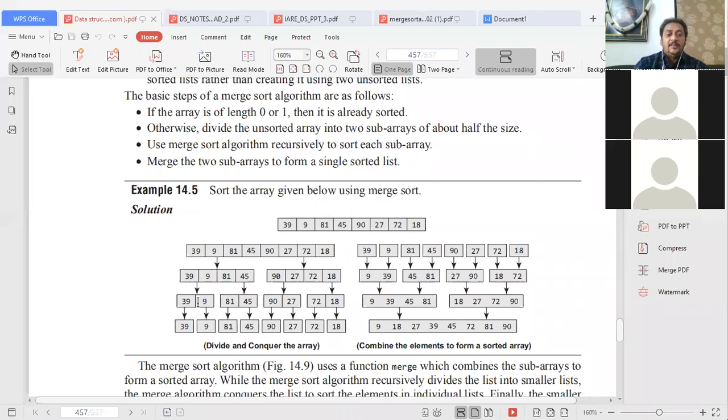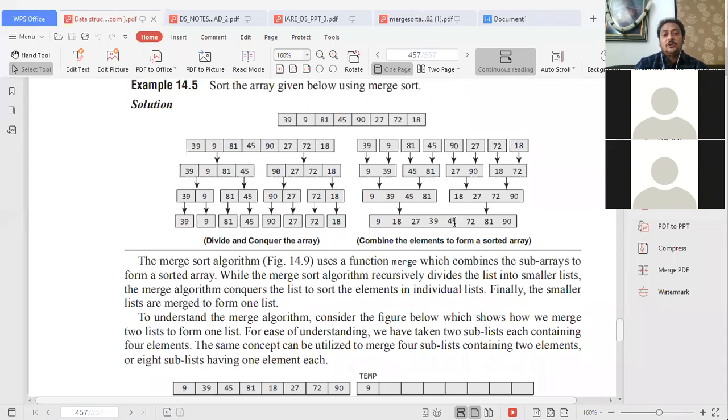Again we further divide the 4 elements of A1 into 2 elements of one subarray and 2 elements of another. Once we divide it like this, it is easy to sort the subarray A1. So this is the subarray A1 we found, and this is the subarray A2 we found, in sorted form. Once these two are ready, we combine them, and this is the sorted array A containing 8 elements.